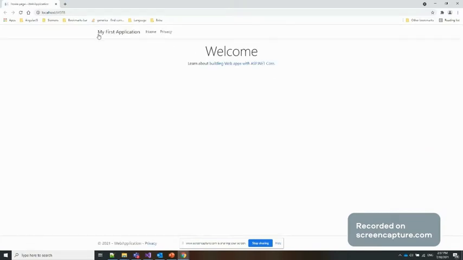You can see now our header is my first application. There are two menus, home and privacy. And at the bottom you can see there is some information also, 2021 web application hyphen privacy.